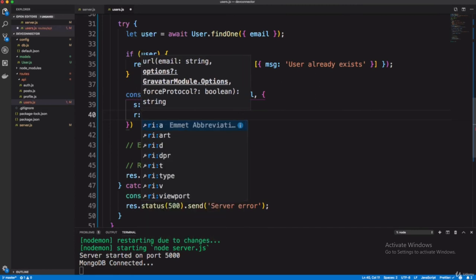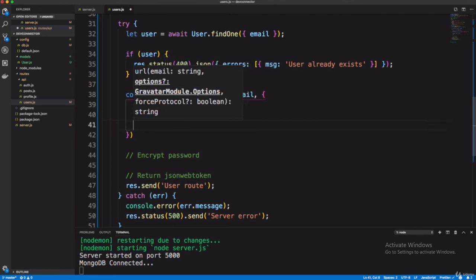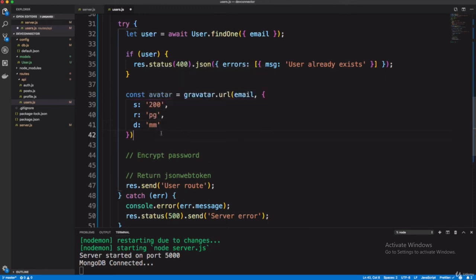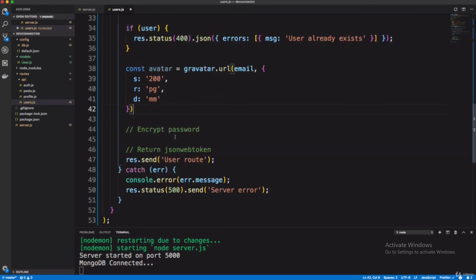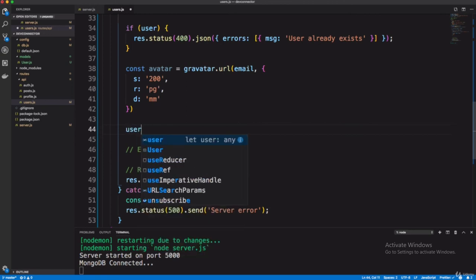You can copy and paste it from its official website also if you're not getting it. It's about size and all that stuff, and d should be default. It's all about size, rating and default. S stands for size, r for rating and d for default.